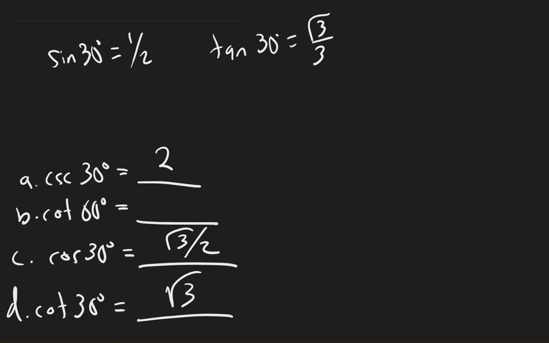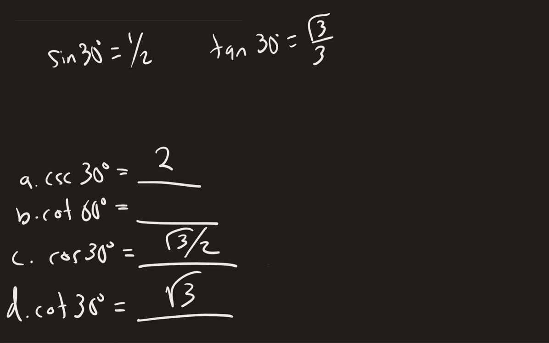I think what they actually are hoping for here is that you use one of your cofunctions. This is one of the few times early in the year that you can see to use a cofunction. So yes, of course you could find the tangent of 60 by finding the sine of 60 and the cosine of 60 and dividing those and then doing reciprocal, and it works. It's a little time consuming,